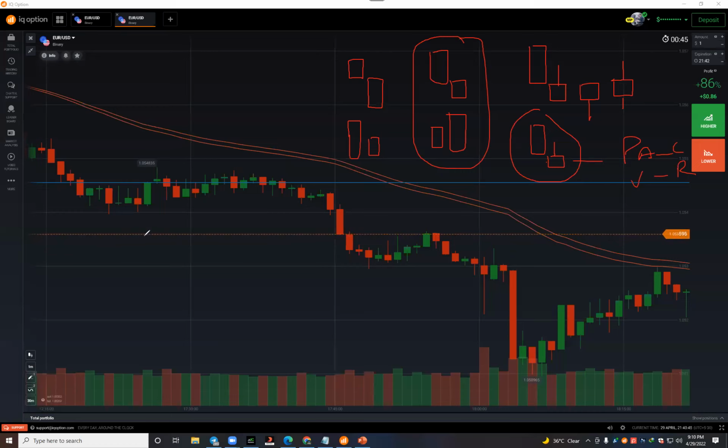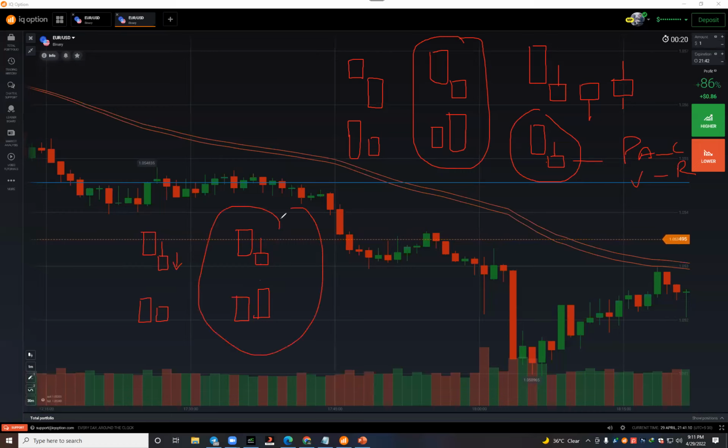For example, this is a continuation sign and volume is also with you, right? Then trade the continuation sign. But if there is a continuation sign and there is an anomaly, now don't trade this continuation sign. Maybe you will lose, maybe you will win. Don't use this anomaly. So two things are filtered here.